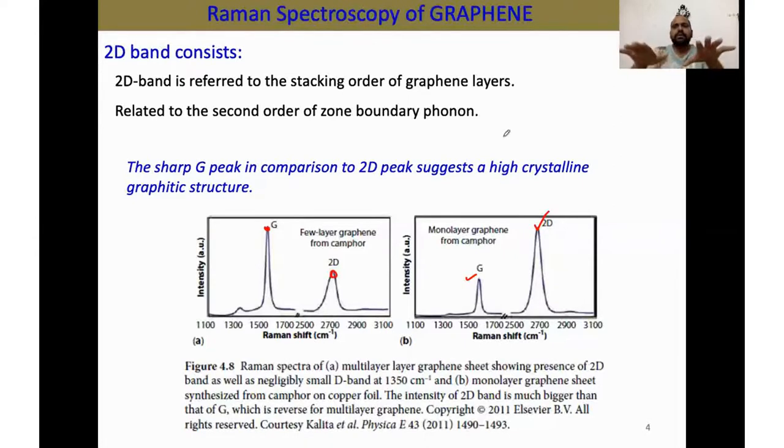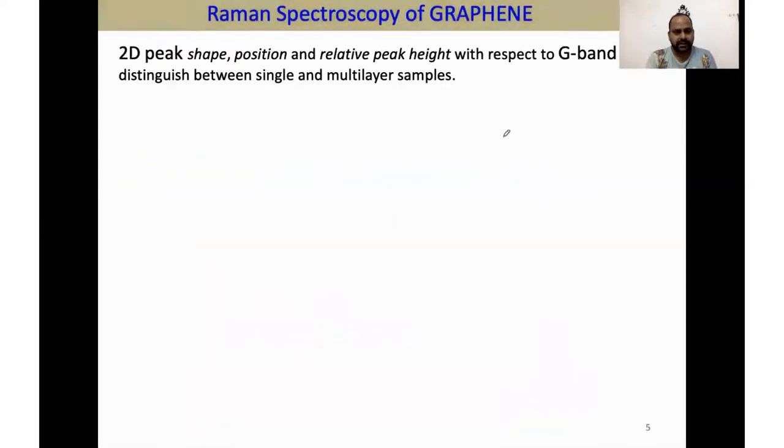So if there is a monolayer, this is the zone which is more prominent, because there is only one layer. But if you have multi-layer, then the G layer is also intense, and the 2D peak is not that high as compared to the G. So by looking at this data, just consider only one point. If we have monolayer and we are doing the Raman analysis, then our 2D peak will be more intense as compared to the G peak, right? So that is only one difference we can easily identify. Now see the next data.